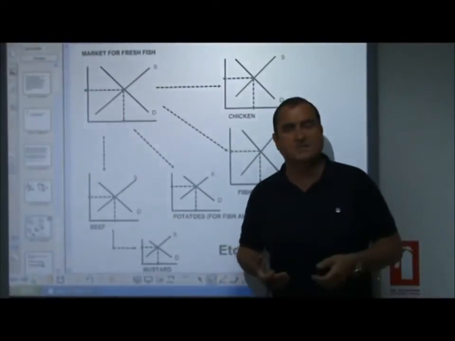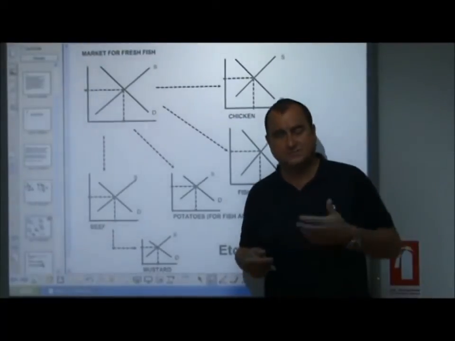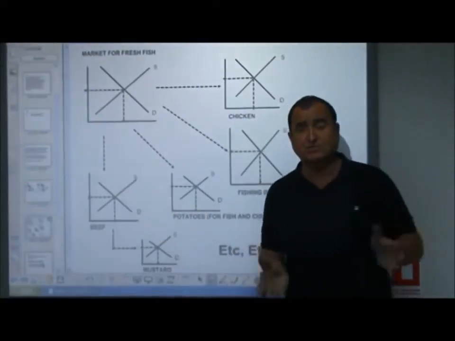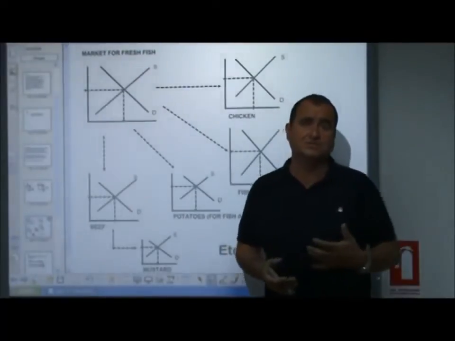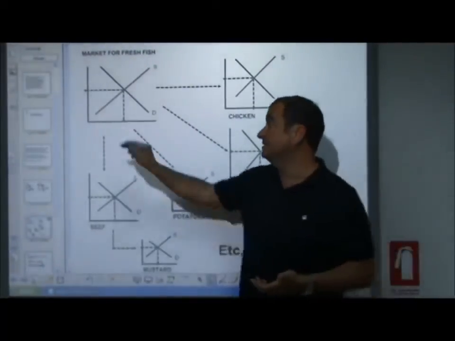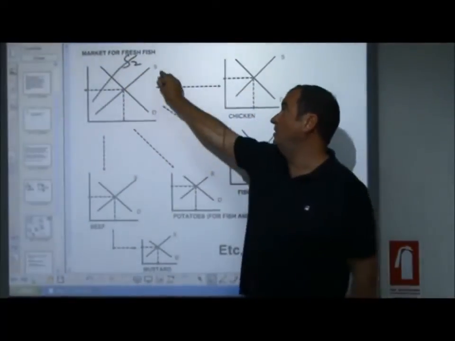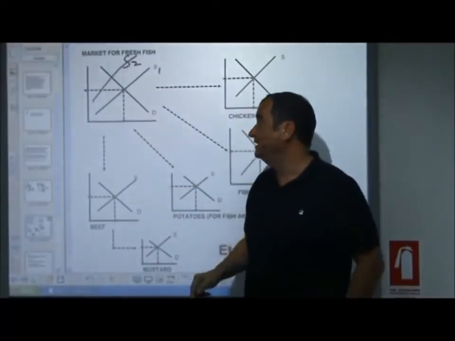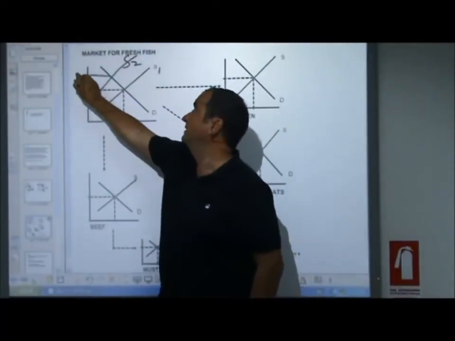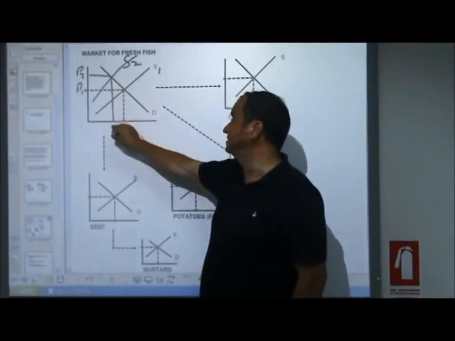I don't know what it could mean, special new nets, or maybe they're just not allowed to catch as many fish. So in some way they're restricted. This is going to raise the costs of production for the fish farmers. And we show that with an inward shift of the supply curve, raising the costs of production. So S1 shifts to S2. And it raises price. That's the new price from P1, goes up to P2, and it reduces the quantity of